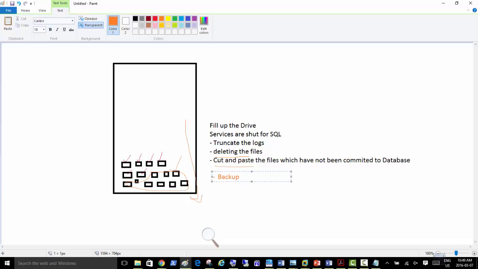When the backup of databases is going on, it deletes those log files which have already committed their data to the database.